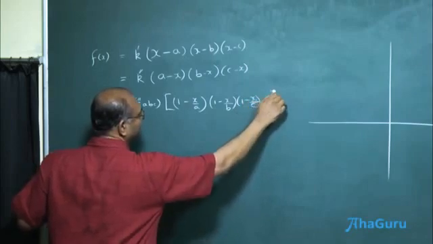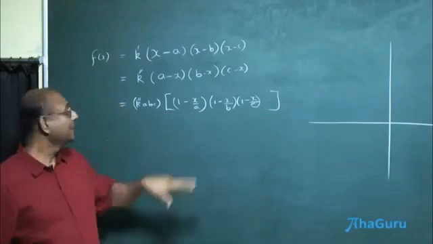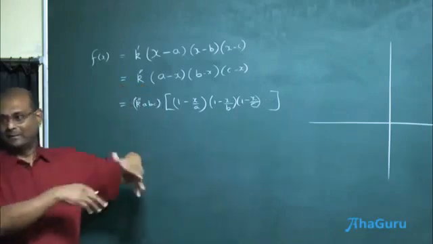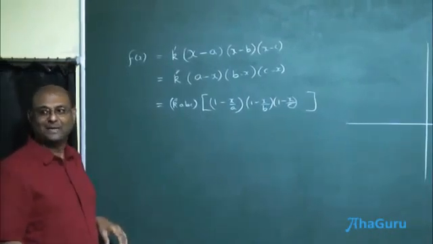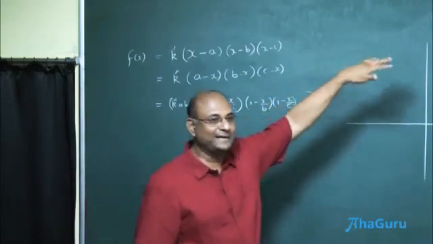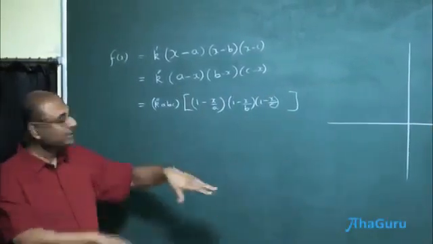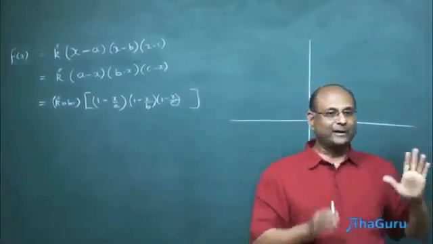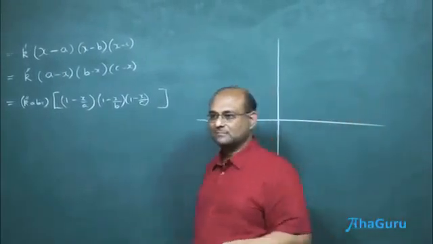What is the advantage of a form like this? Everything is 1 minus, 1 minus. Hopefully if these fellows go to 0 as we progress, then it will all be multiplied by 1, 1, 1, so it will be fine. It has a chance of being fine. It may still not be fine, but it has a chance. If it was multiplied by 2, 3, 4, 5, 6, well, it's not going to get any finite answer anyway. For it to converge, as you go beyond a point, you should get the multiplying factor as 1. So the number is reasonable.